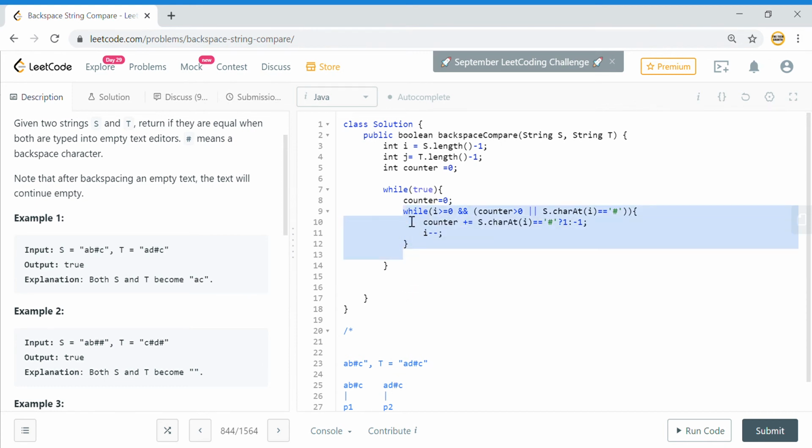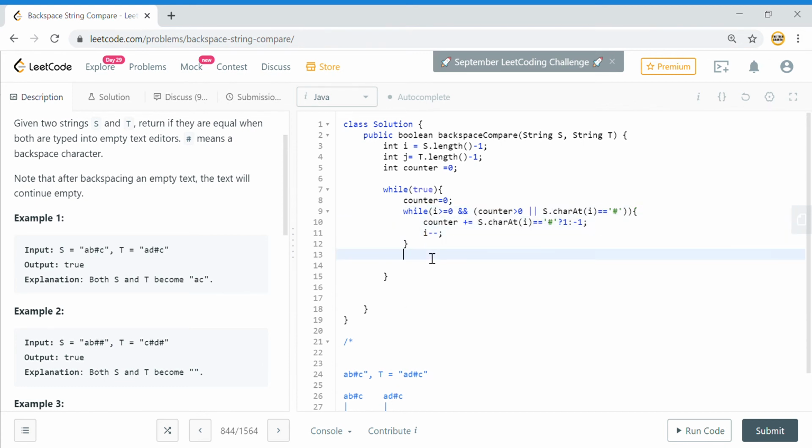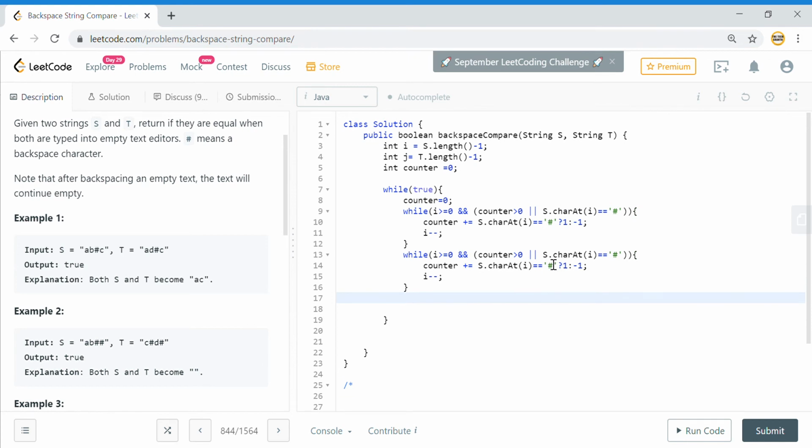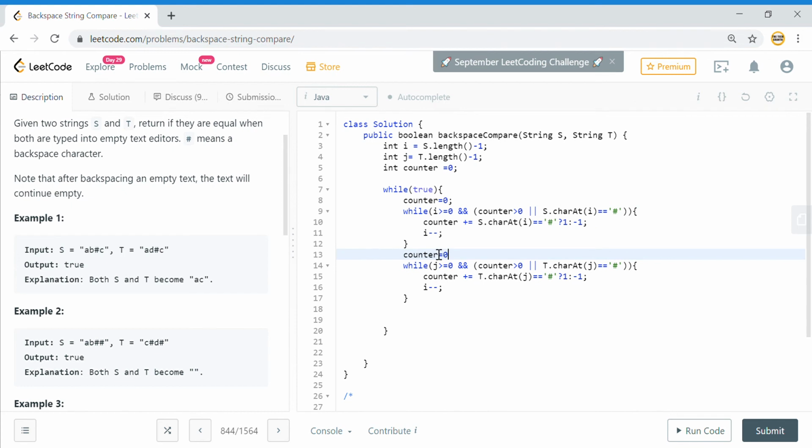And similar logic needs to be placed for t also. So for t we have the value j here, so this will be j, and this also will be j, and this also will be j. So we compare the character of these. Before coming to j, we just need to reset the counter in case that counter was not equal to 0, or it became negative or something like that.